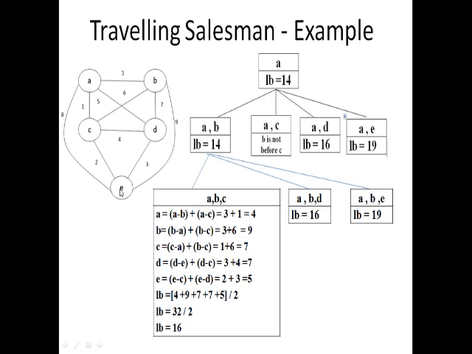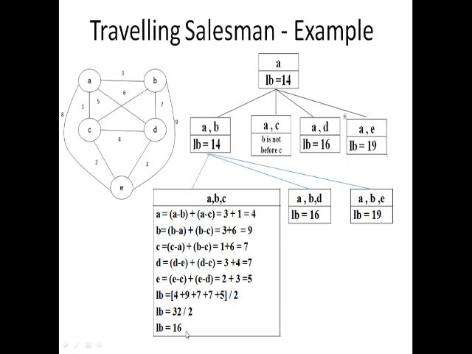E node is taken, the minimal value is going to be placed. E is connected to A, E is connected to B, E is connected to C, E is connected to D. So the minimal among these is 8, 2, 3, 9. Minimal is 2 and 3. So E to C, E to D is considered. 2 plus 3 equal to 5 is considered. 4 plus 9 plus 7 plus 7 plus 5 equal to 32, by 2 equal to 16 is considered as